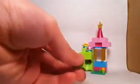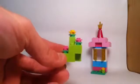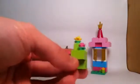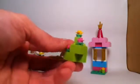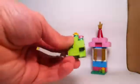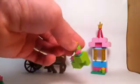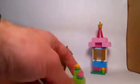We'll start off with the bush. Very simple design. Kind of a nice one. Might be useful for building other models. Kind of the type that I see sometimes in creator sets. And it's really interesting to me, even though it's made out of a few pieces. It doesn't have much playability, and mainly is just used as a decoration, but still has a nice form to it. Next up we have the...